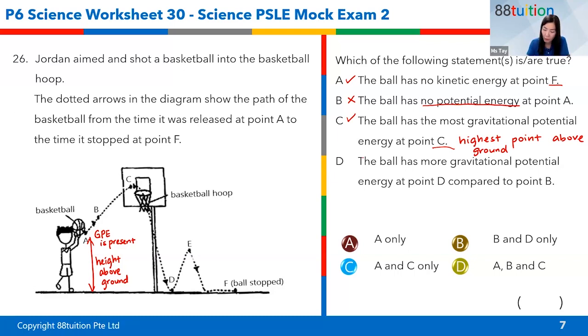All right, good. So this is correct. What about D? Is D correct? The ball has more gravitational potential energy at point D compared to point B. At point D compared to B cannot be. B is lower than D. So obviously our answer is C. Not cannot tell. We can tell, Brian. At point D, it is actually on the ground, right? So no gravitational potential energy there. B is at a certain height. There is GPE. Can I go on?